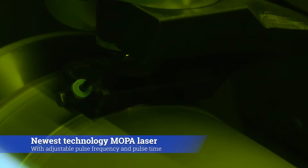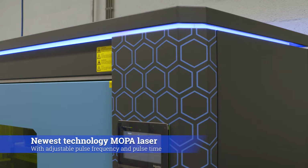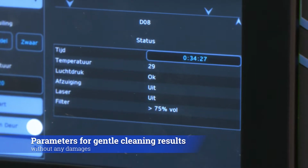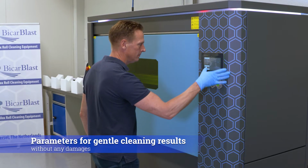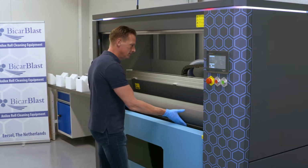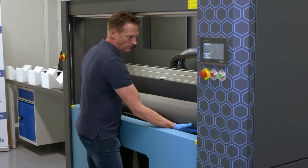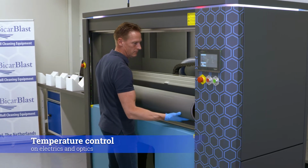Key benefits: Anilox Laser uses the newest technology, a MOPA laser with adjustable pulse frequency and pulse time. Parameters are controlled for the most gentle cleaning result without any damages for Anilox rolls and sleeves. Automatic follow focus system for reproducible results, temperature control on electrics and optics,